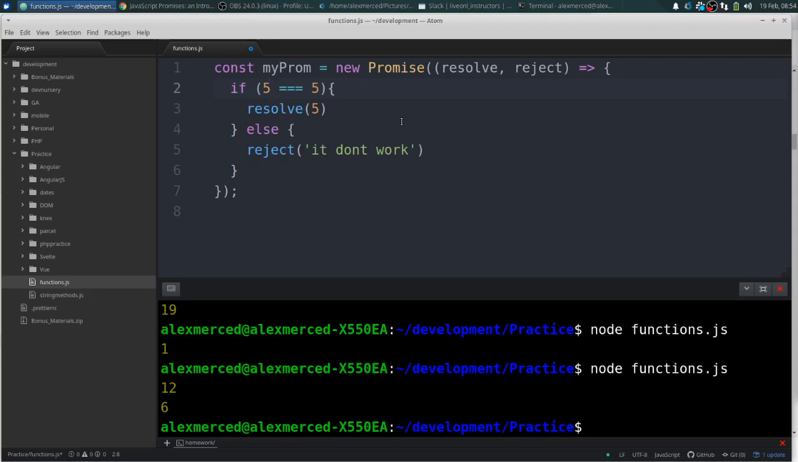Okay, what makes this unique from just creating an if statement is that once the promise is created, code doesn't stop. It doesn't wait for the promise to resolve or reject. Your code will just keep on going. Stuff will happen afterwards. So